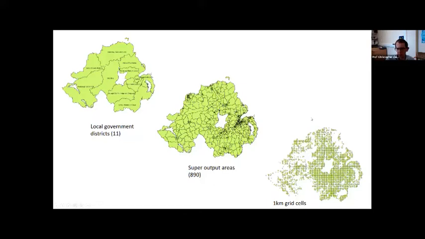The problem, as I will say a little bit later on, is that we have census data for grid squares, but we don't have other data sources like administrative data, the multiple deprivation measure, or whatever else. But one of the minor points, I suppose, well, actually not that much of a minor point, I will stress as we talk, is that if anyone anywhere in the world, including the whole of the island of Ireland, is interested in accessibility, then something like grid squares are much better suited to thinking about accessibility than our standard geographies. So there's a call I persistently make that if it's possible to release data by grid squares, then that would be a good thing.